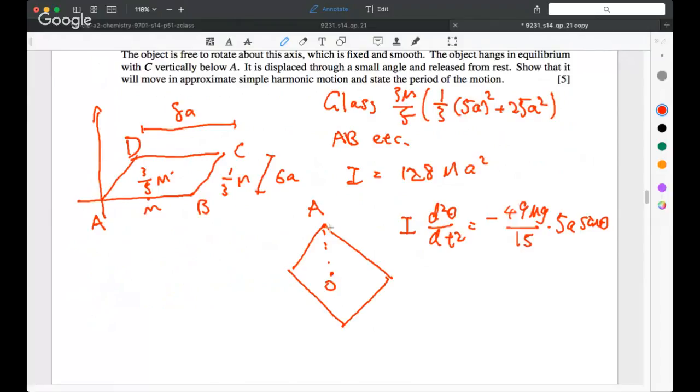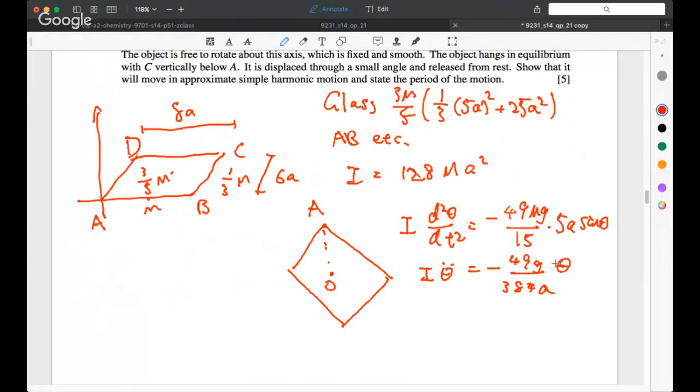So if the angle is small, we can use small angle approximation. So we end up with I theta double dot is equal to minus 49g over 384a theta,